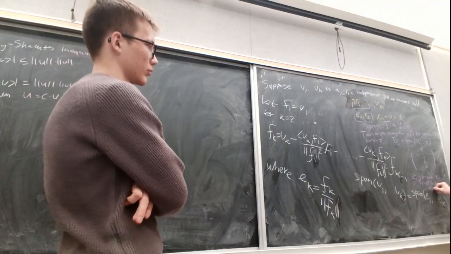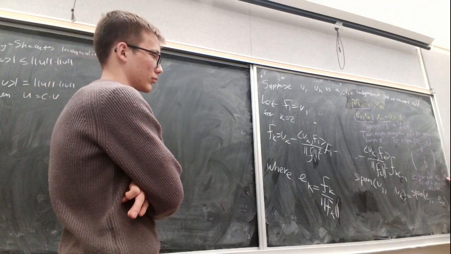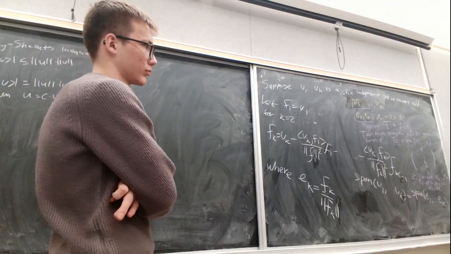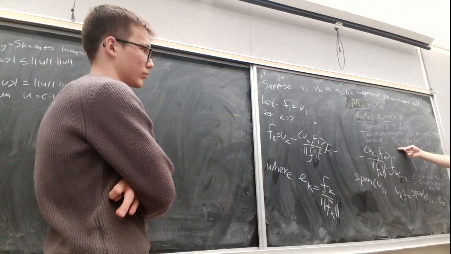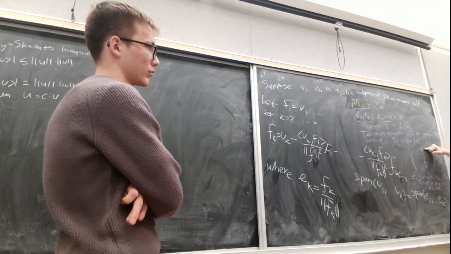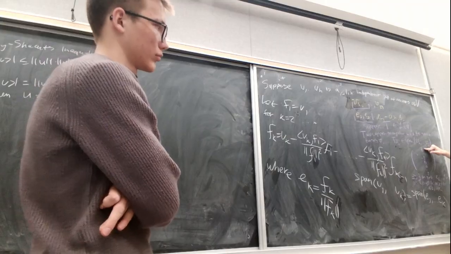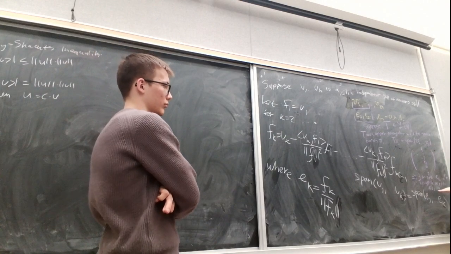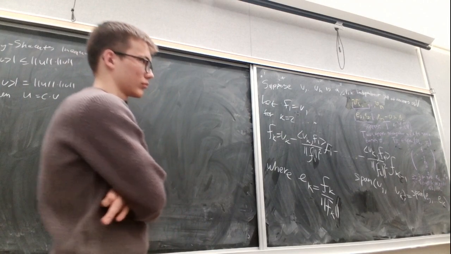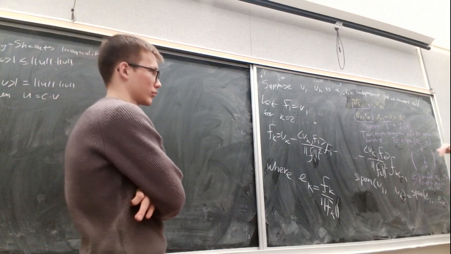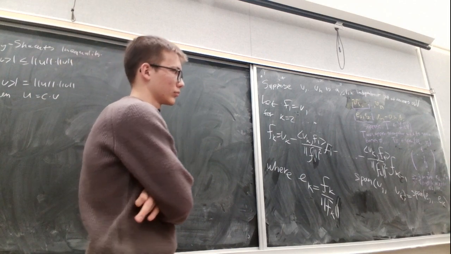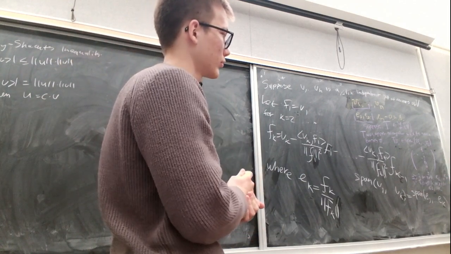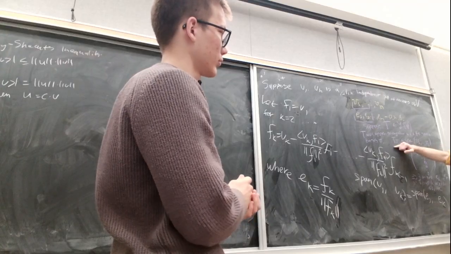This new basis E1 up to En. Okay? So if T Vj is upper triangular with respect to some basis, then it has to be upper triangular with respect to an orthonormal basis. And this orthonormal basis you obtain from this one with Gram-Schmidt. Why is this clear? Because look, if T Vj is in the span of